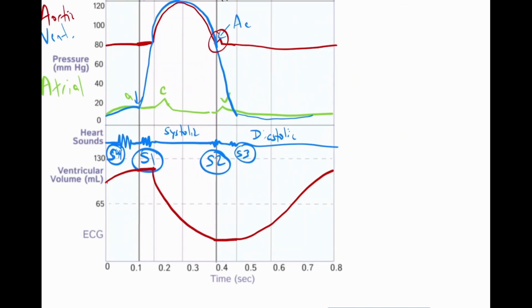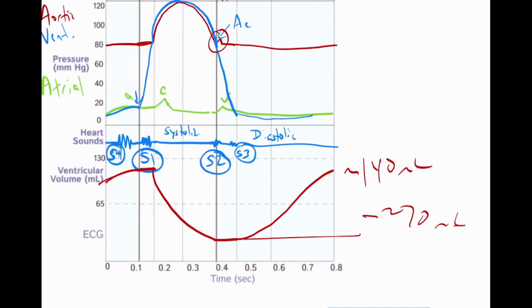Okay, remember these numbers are around 140 mLs. I drew it lower because I ran out of space. On your original copy that's in your module right now, it's written out the proper way. But that's what happened with the ventricles. Yes? Is the value at 0.4 supposed to be like 70, quote unquote? Yeah, I mean, that's where it's supposed to be. 140 to 70 are normal ranges. I just exaggerated it. But yes, it should be 140. The bottom should be around 70 mLs. Because their normal stroke volume is 70 mLs.